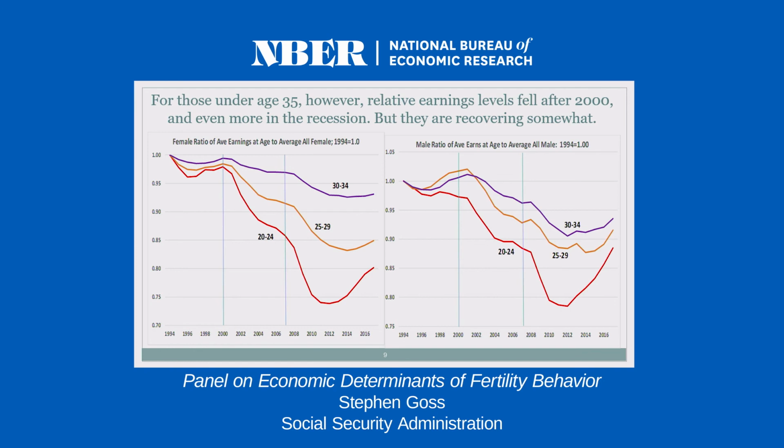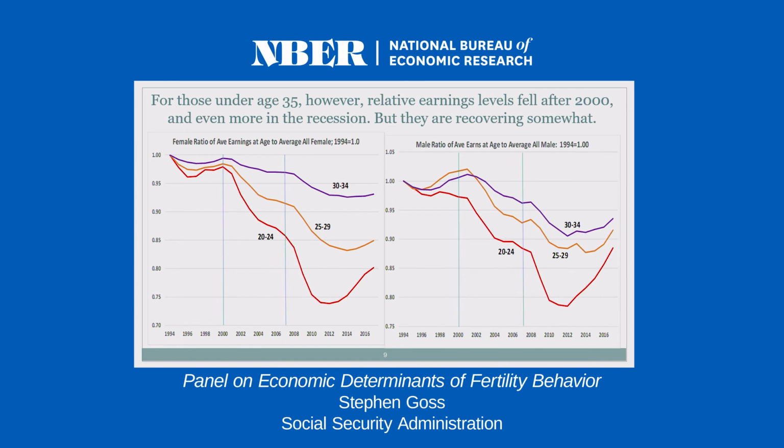We've seen that in the 20s, women and men, their average earnings levels have really dropped relative to the overall earnings levels for people of their sex. And certainly that probably has some effect, since it is at these age levels, as everybody's pointed out already, that we're seeing the negative effects on the birth rates that we've had of late.